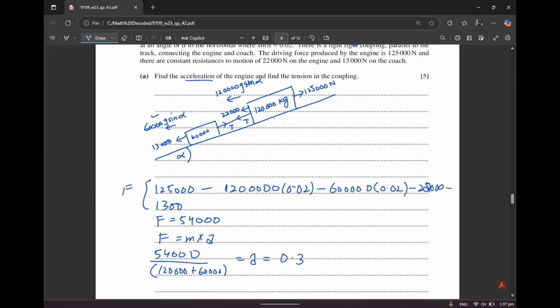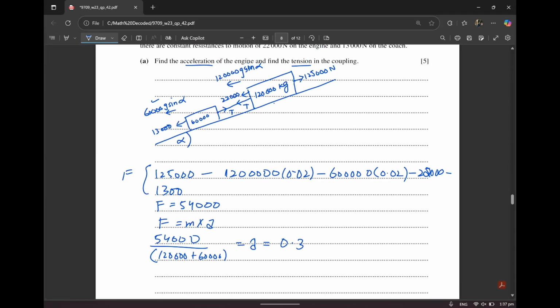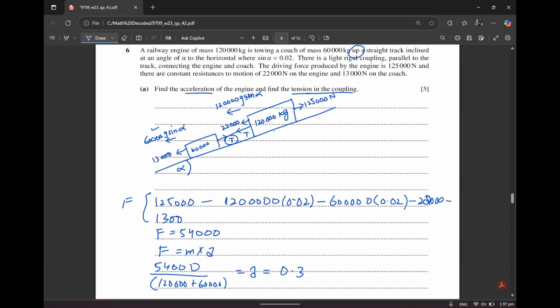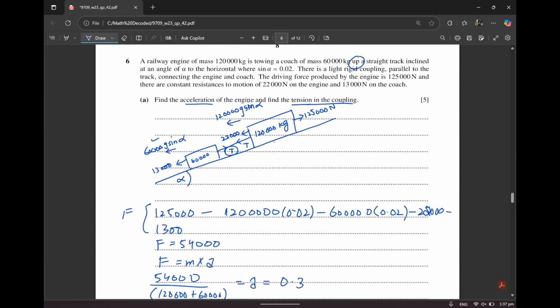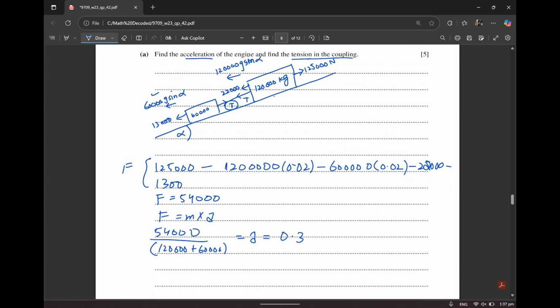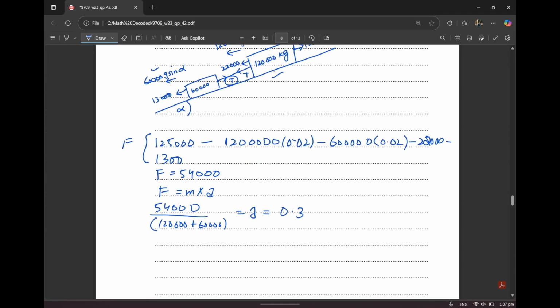We've done half the question. Now let's find the tension. They want you to find the tension in the coupling. The tension in this is the value of tension that they need you to find out. So let's take the forces acting on this. That is going to be